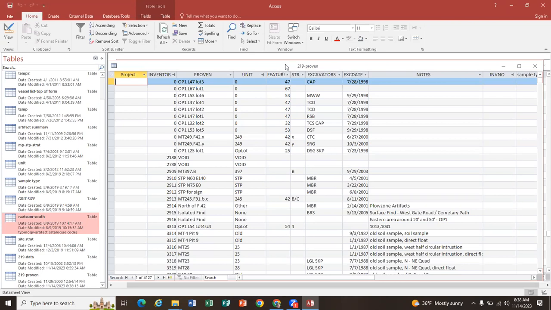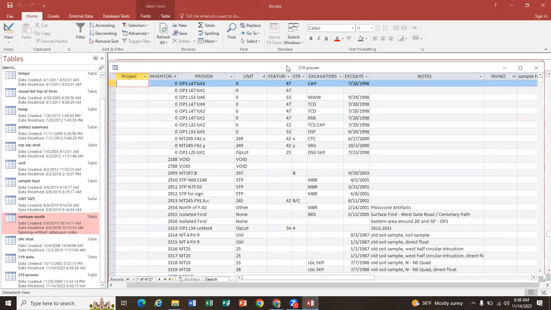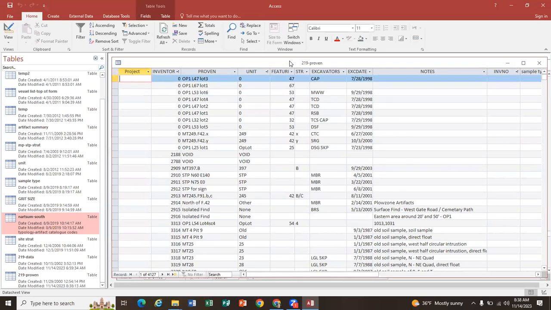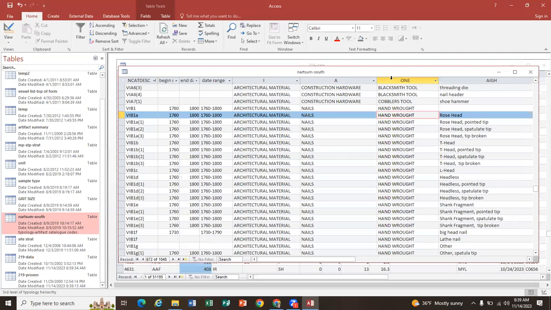But in looking at the data, one thing you can do is look at the data itself. You can do this through the tables, and you noticed when I went into that, if I close out Provenience here,